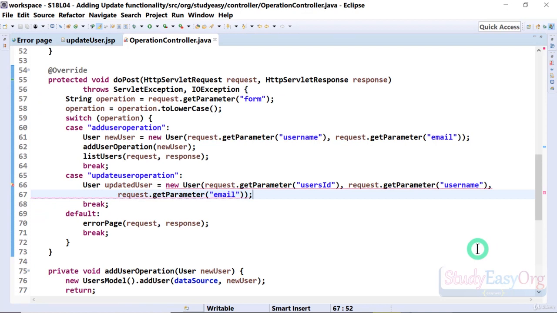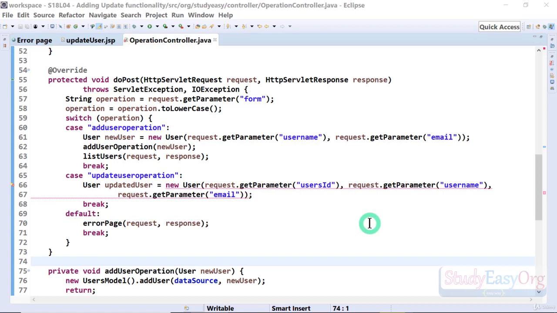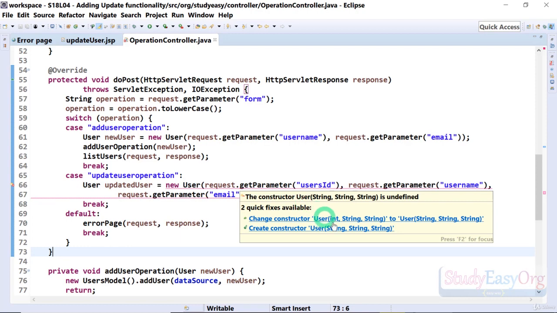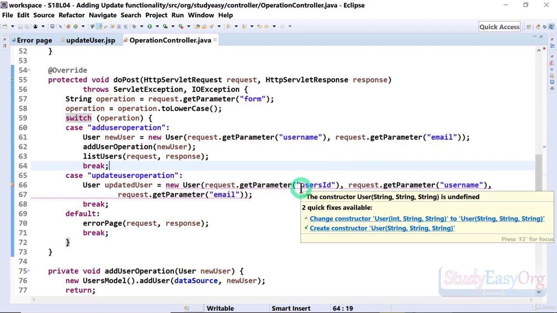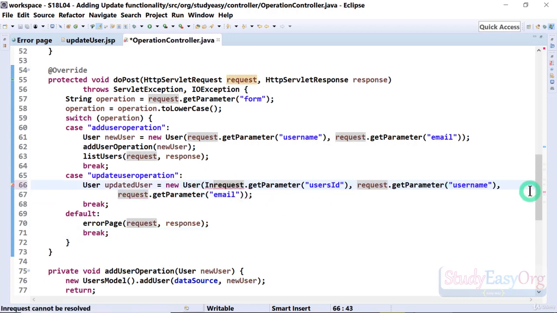All right, so this looks good to me, and I guess something is going wrong in here. Let me see. All right, so now friends, the issue is if we hover upon this, we are able to understand the issue. In our constructor, we need to pass on int, string, string. We are passing string, string, string. So definitely this first part, user ID, needs to be an int entity, and the way of converting a string to an int is a little different. Let me show you. In here we need to type Integer